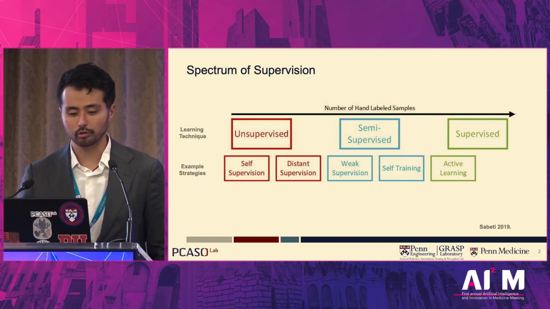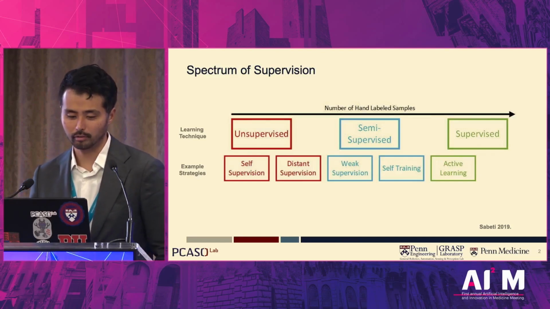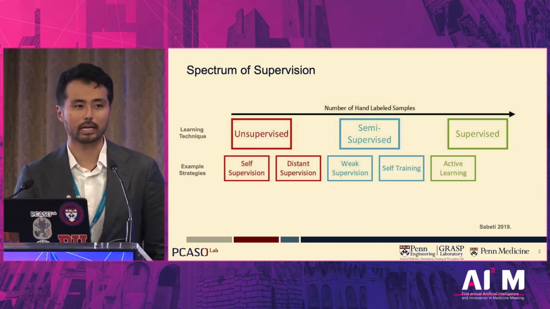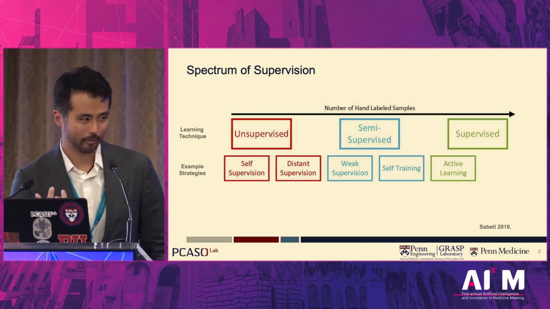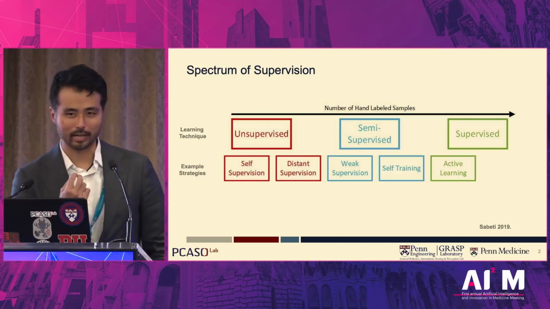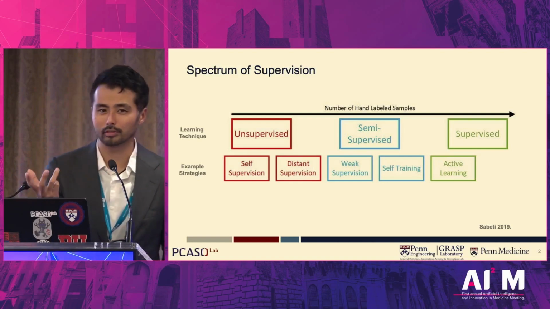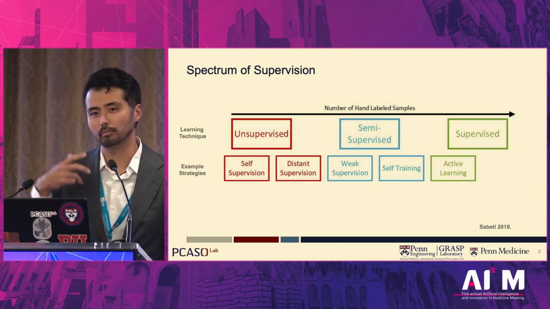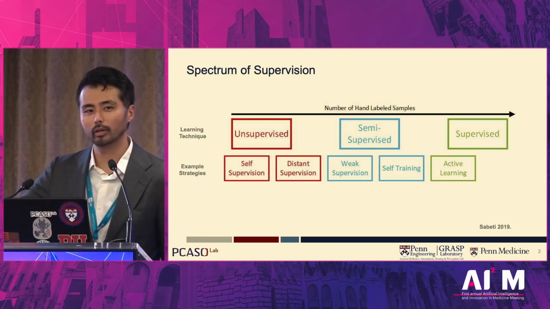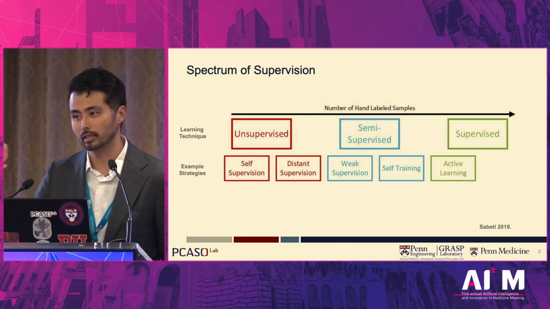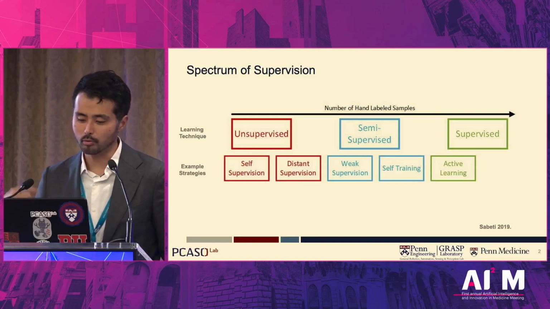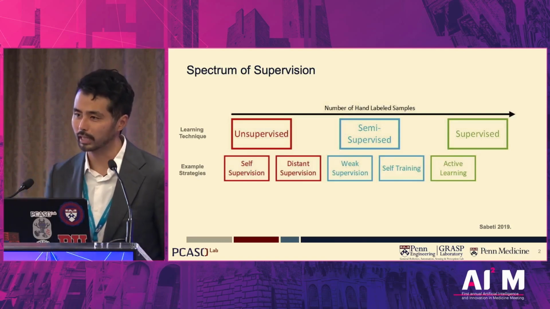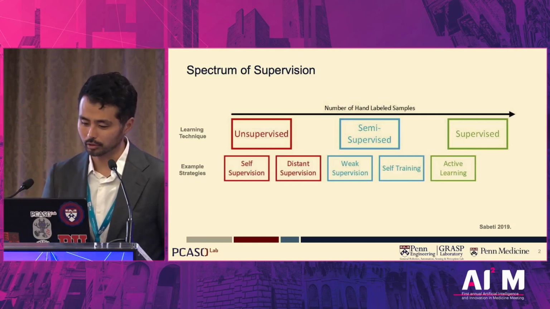So within unsupervised learning, you can consider self-supervision, where really all of the labels are extracted from the text itself. I was having breakfast with Tony this morning, and he reminded me of the large language models we've all seen through ChatGPT. Some of the initial way that happens is just purely looking at the data, what word comes next based on association within the data set itself. Then you can move on to things like distant supervision. Can you use a different source to infer labels for the data set of interest that you have?